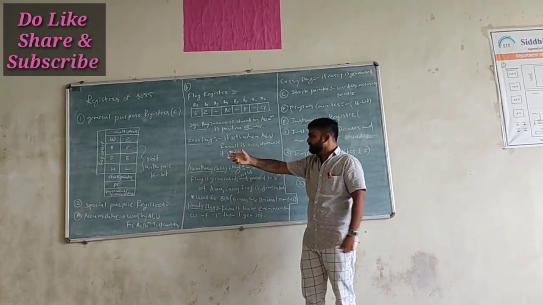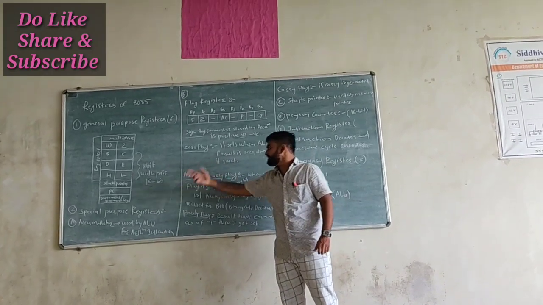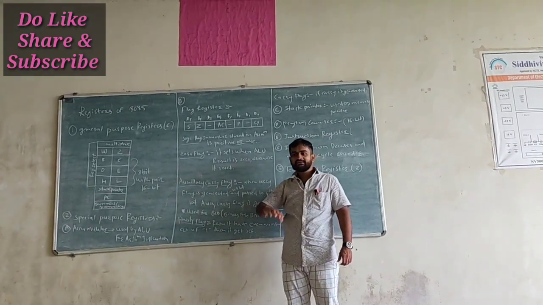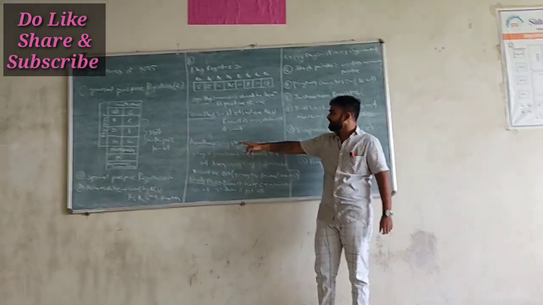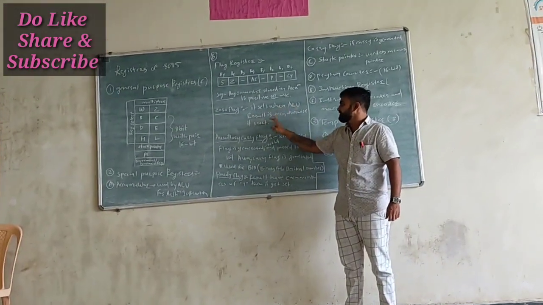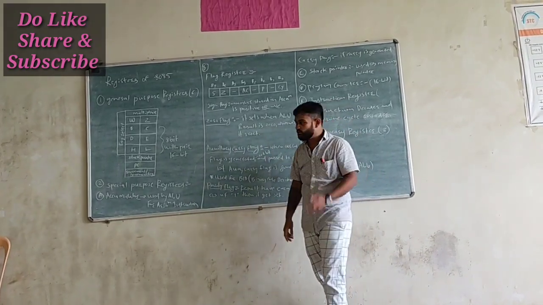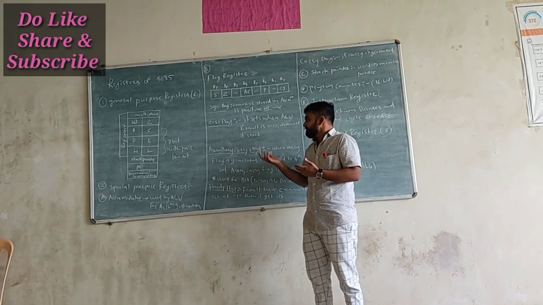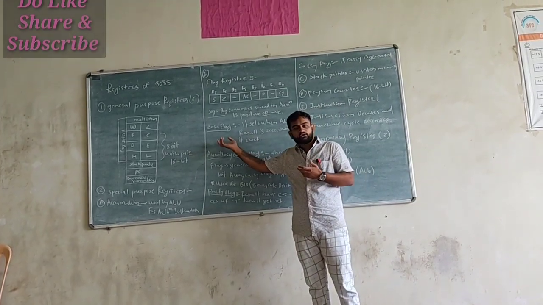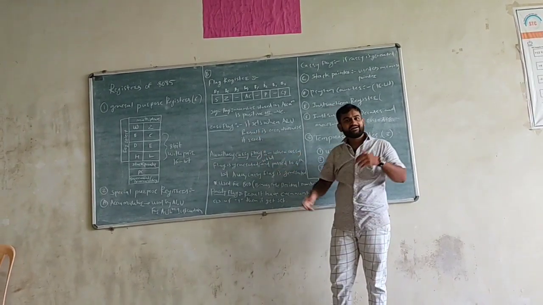Okay? So the output of the process is ultimately decided by what? The status of that is provided by the zero flag. So the statement says when the ALU result is zero. Whenever the ALU result is zero, our zero flag gets set. Or if the ALU result is not zero, at that time the zero flag gets reset.